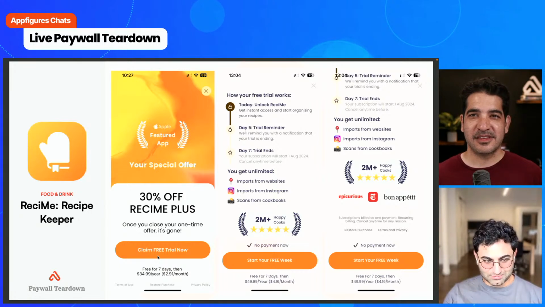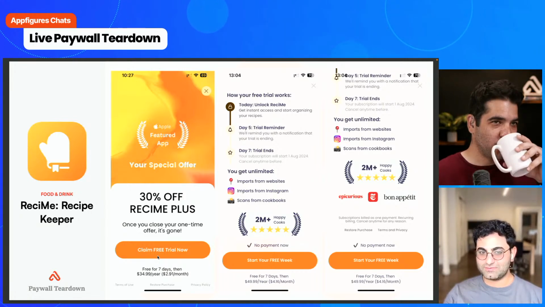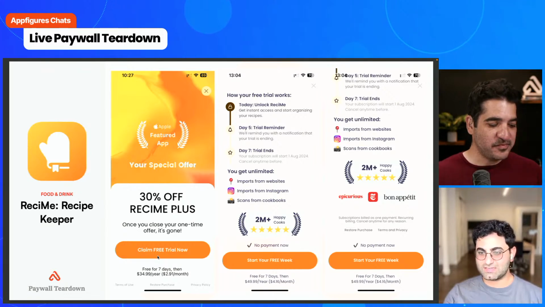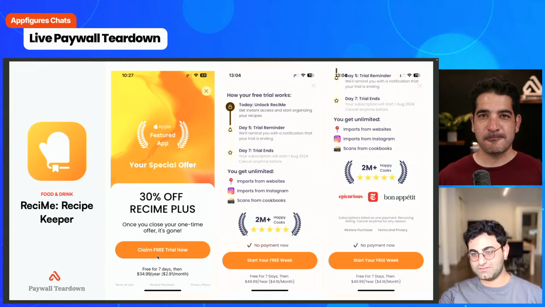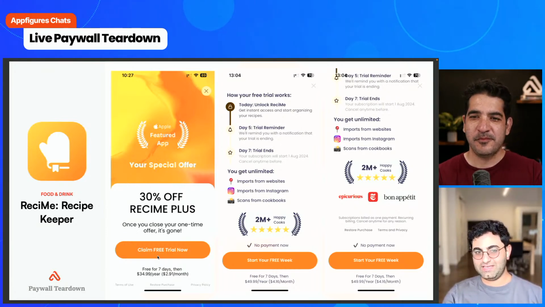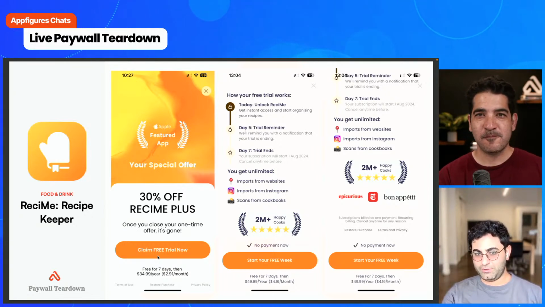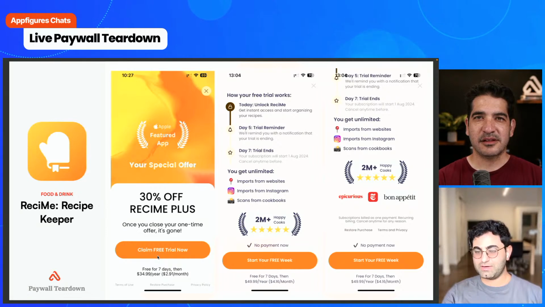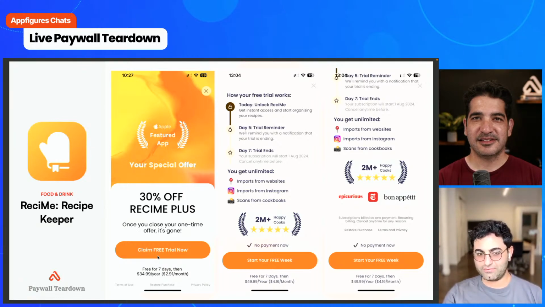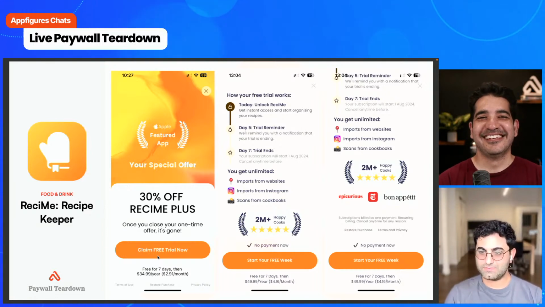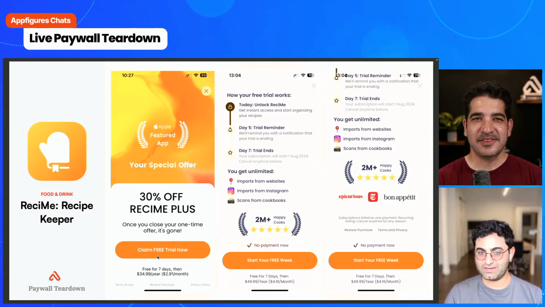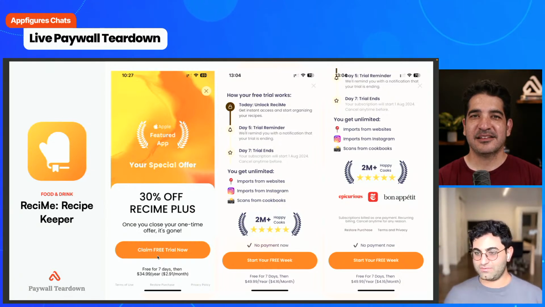Another great thing is ReciMe uses an out-of-the-box feature that Superwall has, where we let you show back-to-back paywalls. What happens in this flow is when you get to the paywall, you see the screen on the right. When you click that X button, the screen on the left pops up, and it's like, if you're really not interested, here's 30% off. It's just a cheaper yearly. Those do great. There's a reason why we make it a standard feature. You integrate, and you don't have to specifically code that to get that functionality.